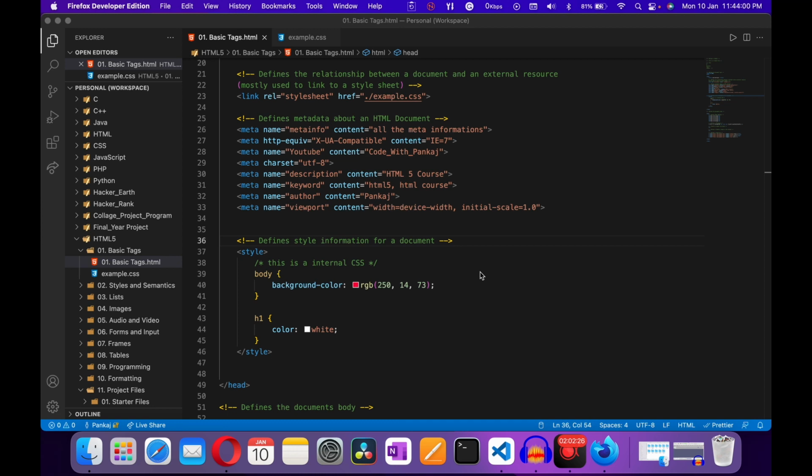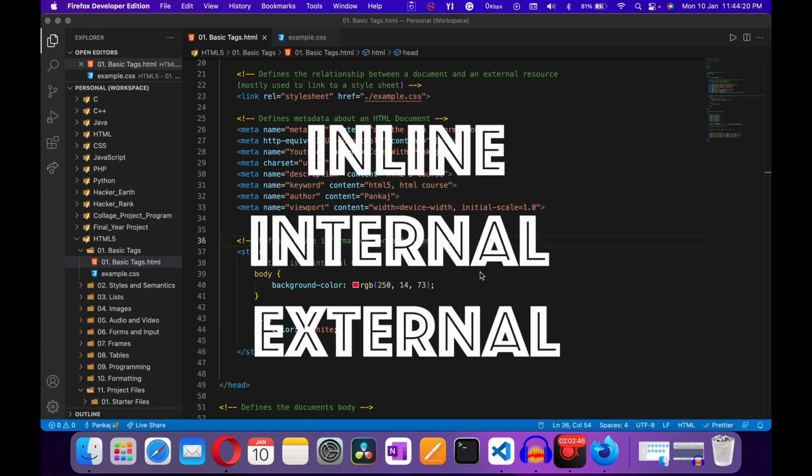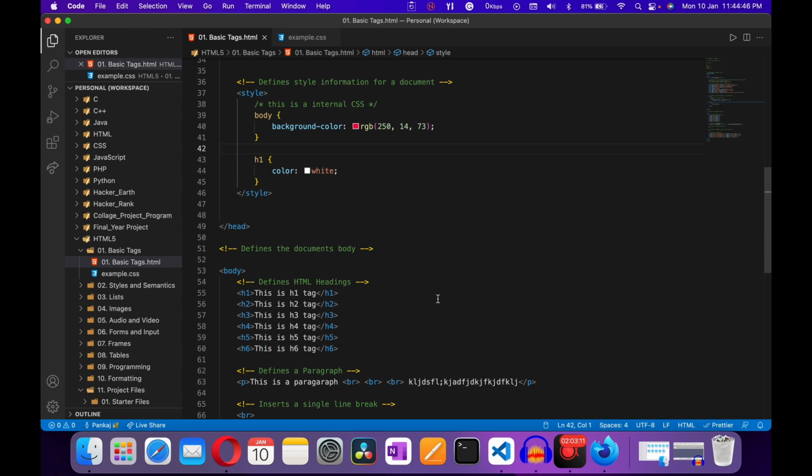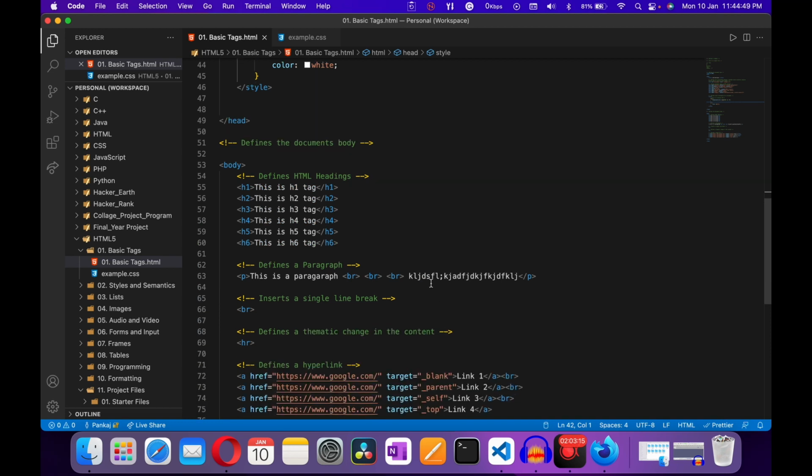As an example, your body's internal parts are called HTML, and your body's outer parts, like your skin color, eye color, nose color, are called CSS. So there are three types of CSS. First one is inline, second internal, and third is external. If you want to define some code outside your document, you can use external CSS. If you want to define some code inside your HTML document, then you define it in internal CSS. And if you want to define your CSS inside your line, like for example,